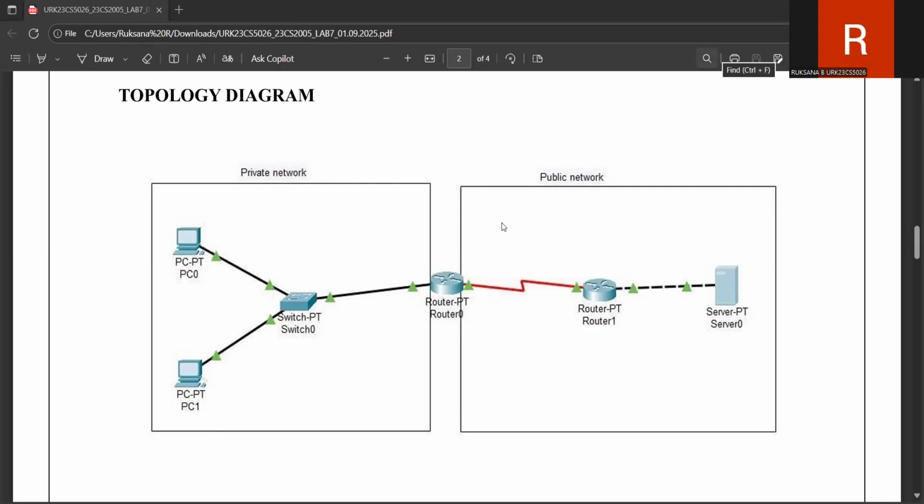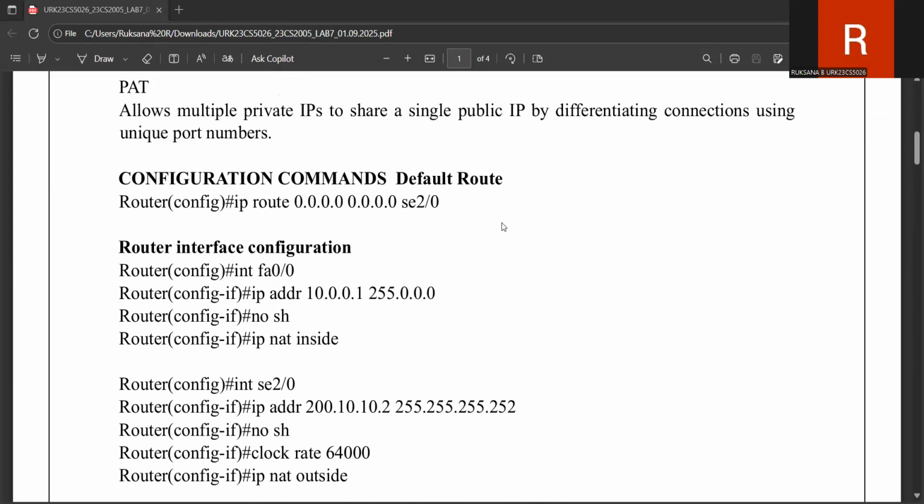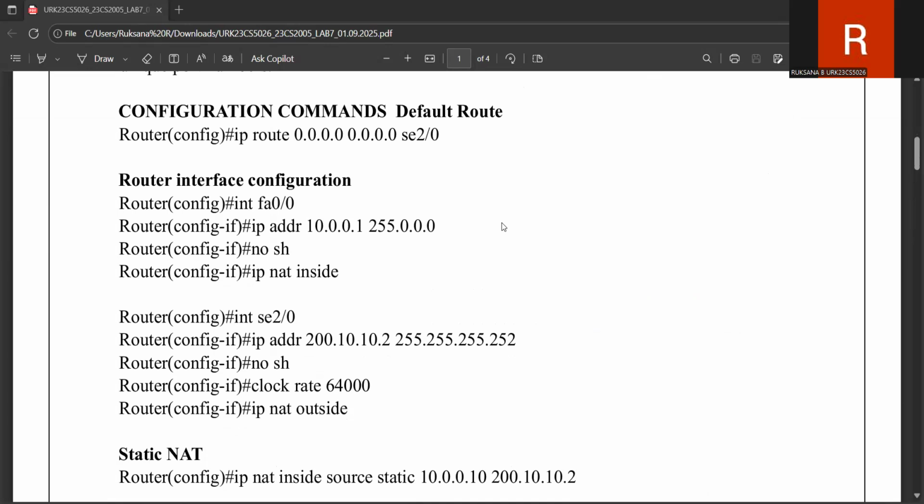So let us talk about the configuration setup. So these are the configuration commands we are using. After assigning IP addresses to all devices, I configure router 1 for NAT and PAT. Setting up the inside and outside interface for router 1, that is interface FA0/0, IP address and ip nat inside, interface S0/0/0, then the IP address as well as subnet mask, then ip nat outside,